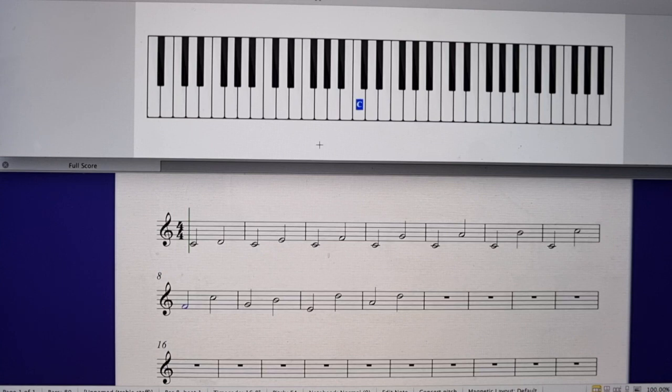C to D is a major second. I can do this a couple of ways. I know that it's in the scale of C major, so it's a major second, or I can count the semitones. Now, this is different to counting the degrees of the scale because for degrees of the scale we start from 1. When we're counting semitones, we start from 0